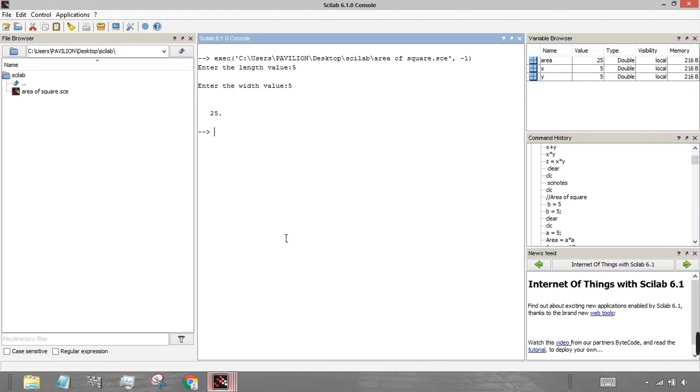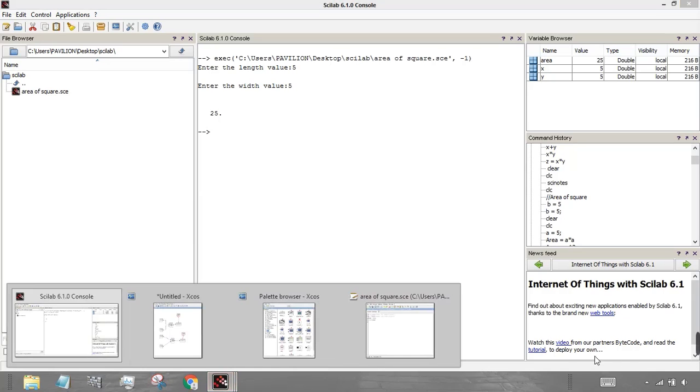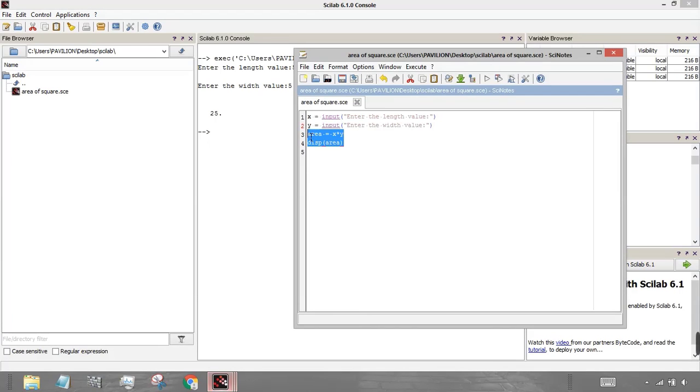Then next we want to calculate the area of triangle. Area of triangle is half base into height. We will again launch the Scilab and use this x and y value.